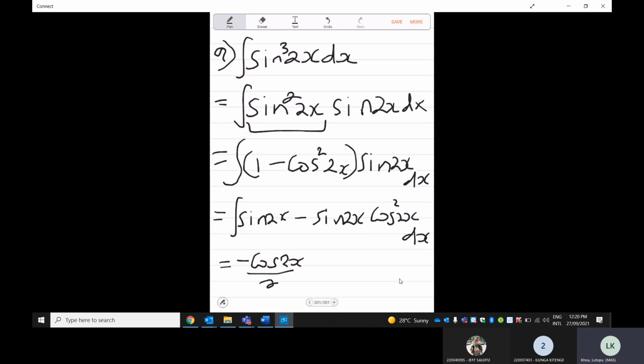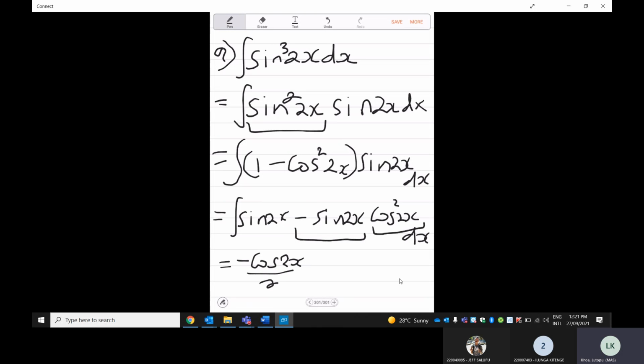Then here we can see that I have u to the power of 2, and du is minus sine 2x. So what I would have to do is u to the power of 3 divided by 3, and then I also need to divide by 2,